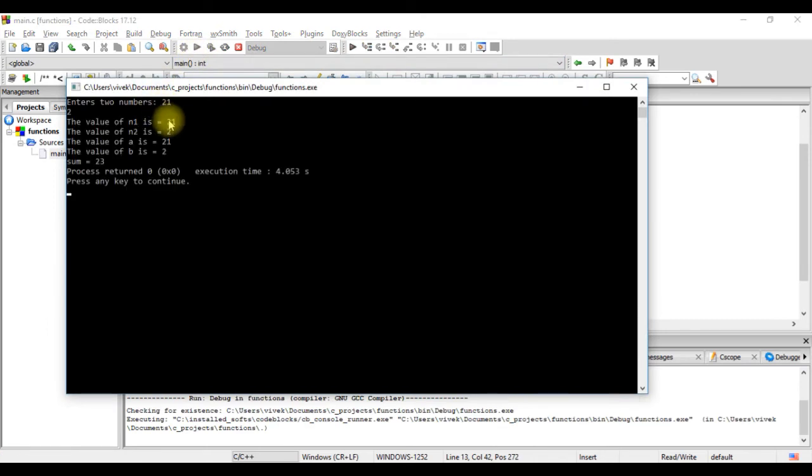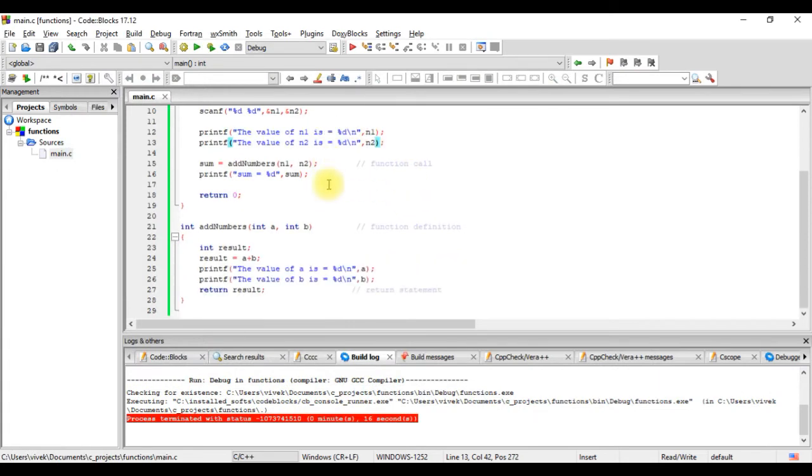The value of n1 is 21 and you see here the value of a is 21. So n1 gets mapped to a. The value of n2 is 2, the value of b is 2, so n2 gets mapped to b. It's a direct one-to-one mapping.